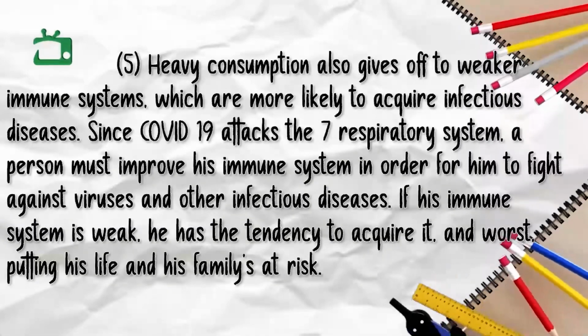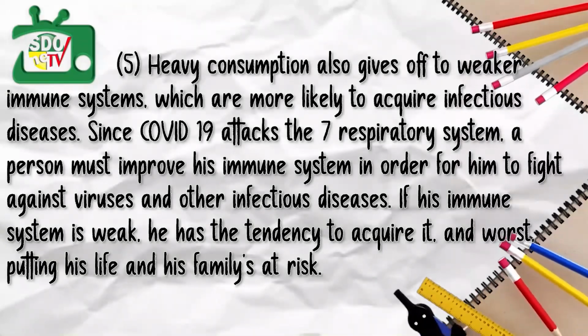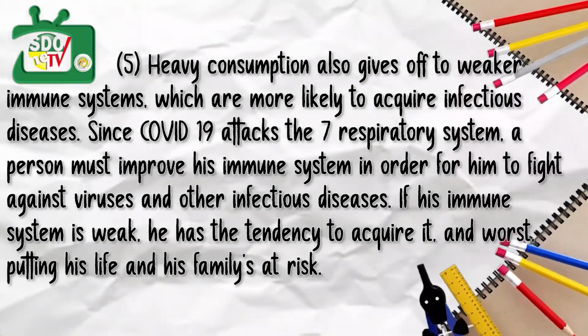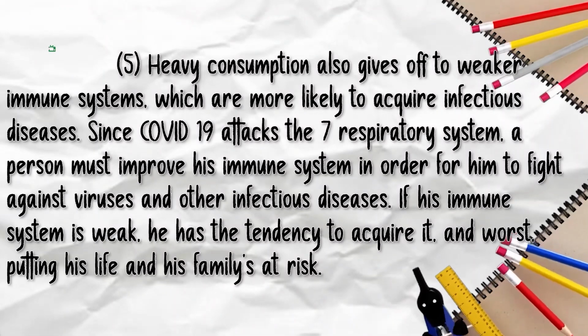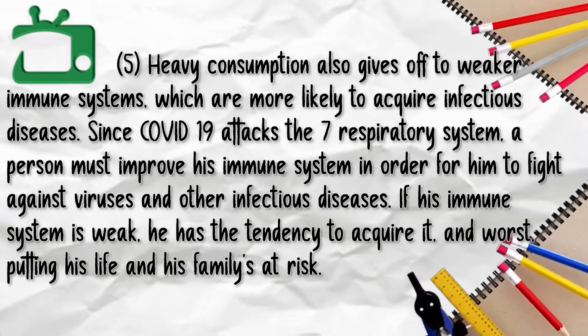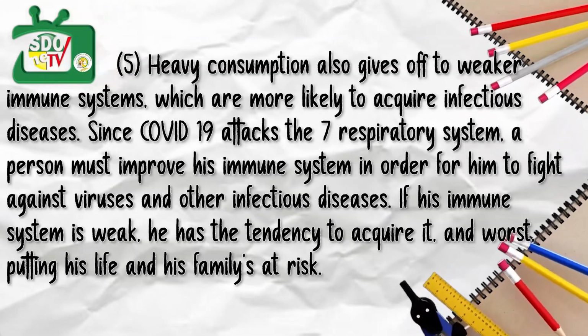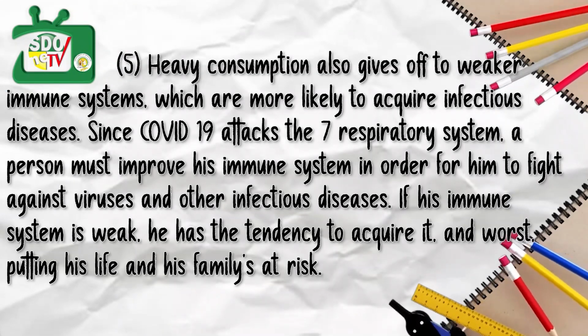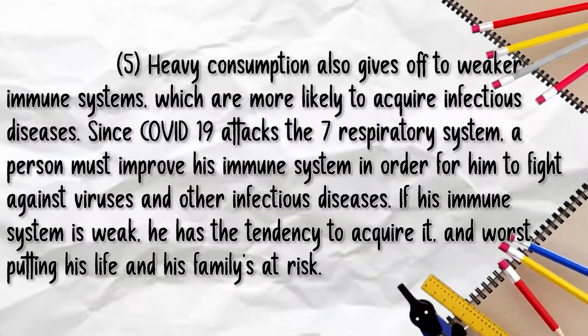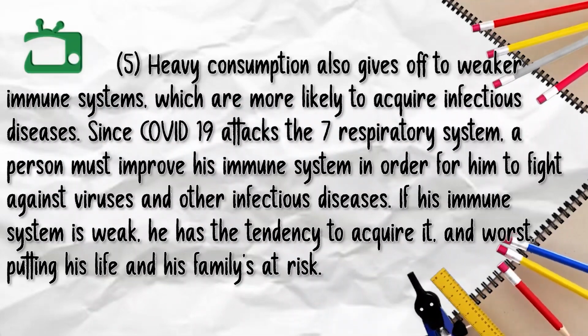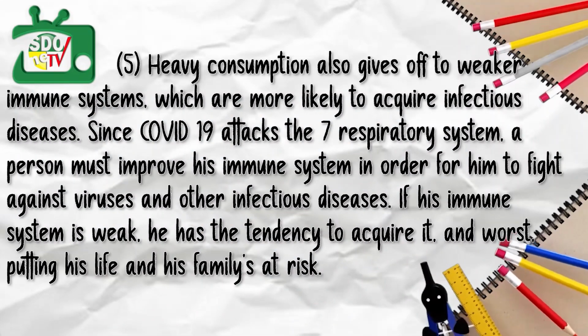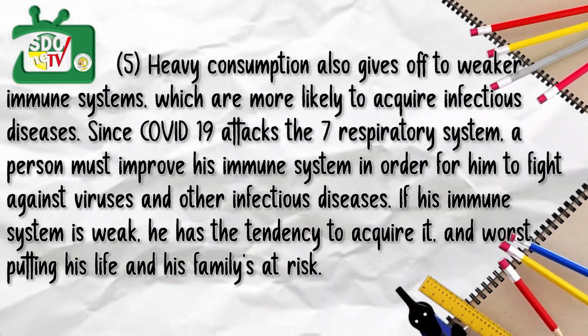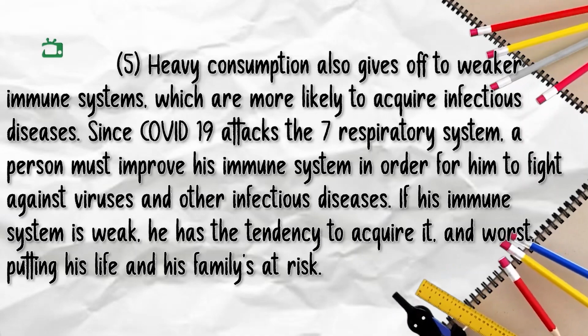Heavy consumption also gives off to weaker immune systems, which are more likely to acquire infectious diseases. Since COVID-19 attacks the 7 respiratory system, a person must improve his immune system in order for him to fight against viruses and other infectious diseases. If his immune system is weak, he has a more tendency to acquire it, and worst, putting his life and